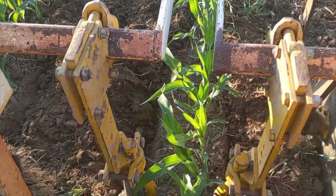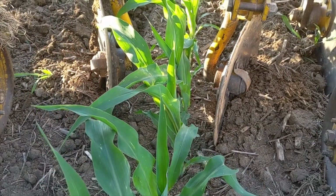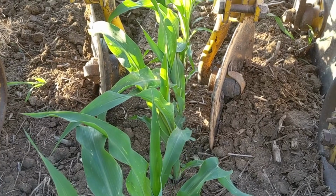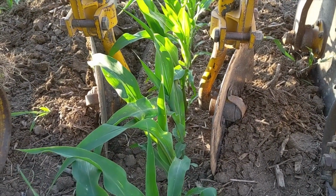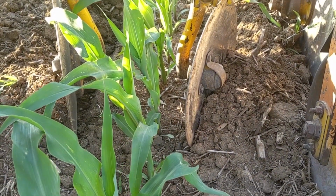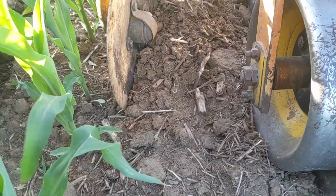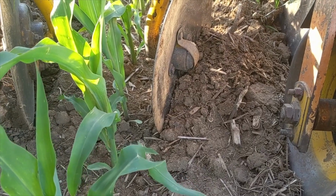I have the front disc killers set about 9.5 inches apart. You could maybe set them a little bit tighter, but you've got to be careful not to prune roots, and realistically that 9 to 9.5 inches is about as good as a guy can drive. The one thing about those disc killers is that, just by the nature of them, when they grab something, they pull it away. There is no forgiveness whatsoever, which is good if you're a weed, or bad if you're a weed, I guess you could say,